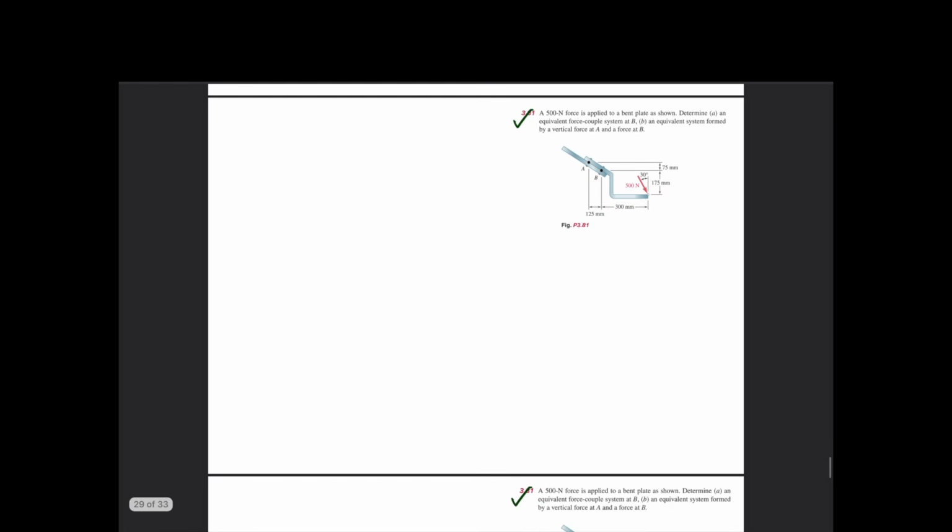Okay, for question 3.81. Before we solve this question, there's an important concept that I feel we should go over. So, the concept goes this way. If you have a force acting here,